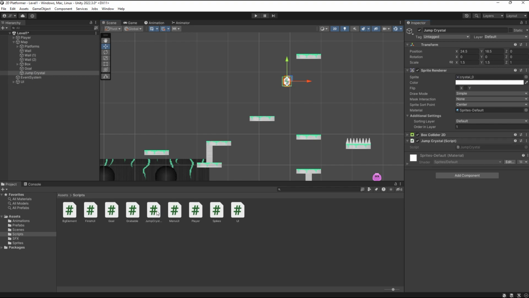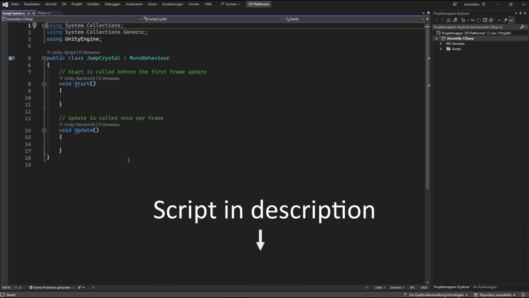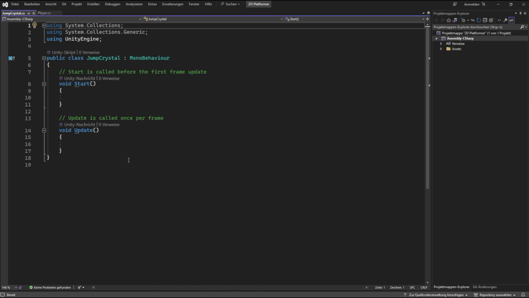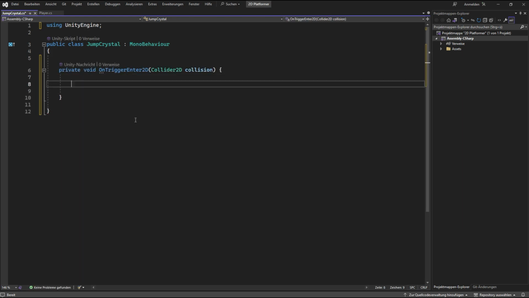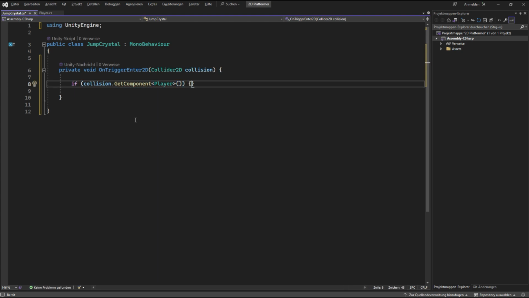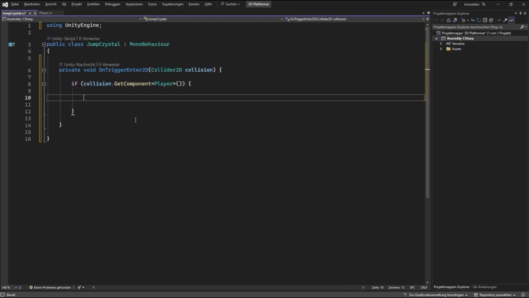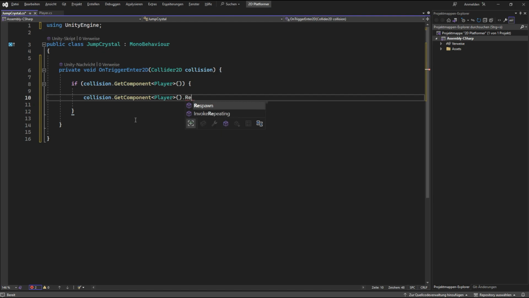And next up, let's make a double jump click into our script. And in case you already know me, you'll know that I like to keep my scripts clean. So that's better. So first of all, let's catch if something is hitting us. We want to make sure that it's our player. So if curved brackets. So let's tell our player collision. And now let's call this one refresh